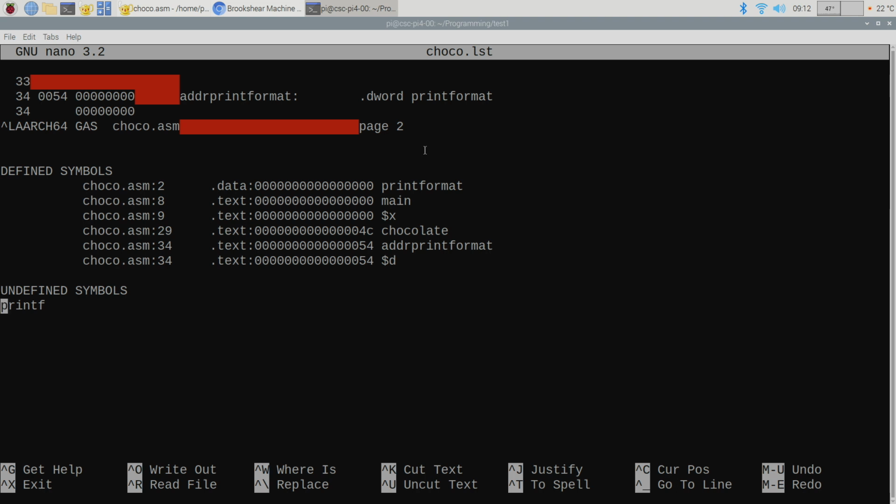Undefined symbols, printf. Well, I didn't have to define printf because the C standard library defines it for me, and I just link to that. But in terms of my own program, it's not specified yet.